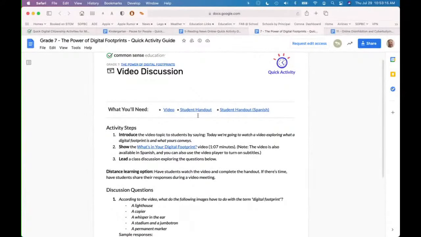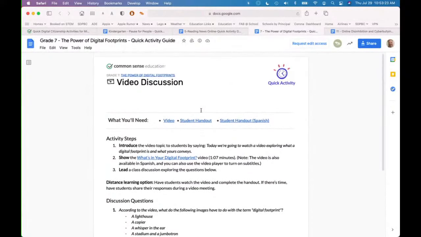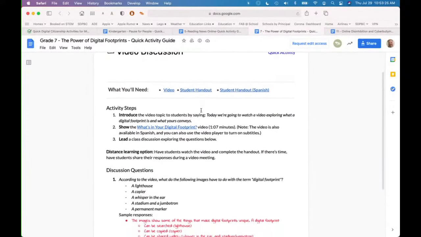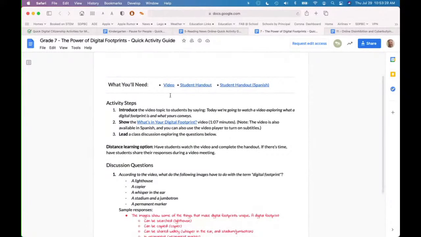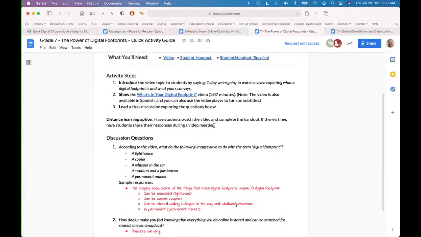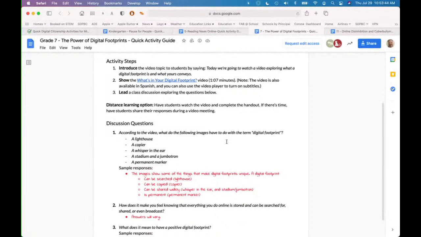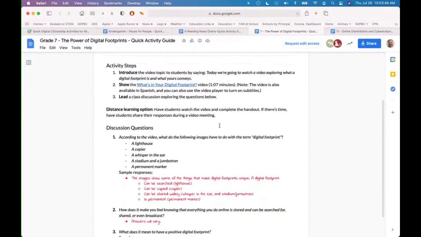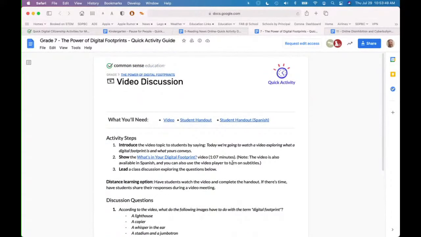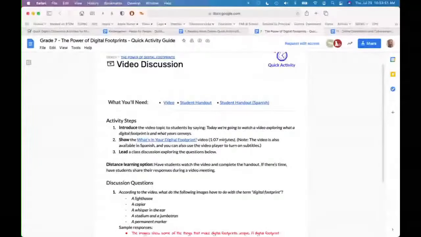But one of the things that we want to get away from now with all the digital devices and our smart boards is that you don't have to print out that digital handout. You could just save it to your Lumio, and all of these are Google Docs that you can save to your drive. You can put it in your Google Classroom. But with Lumio, you can go in and add the text or make it as a handout for your students to enter it, so you don't have to waste paper. And these are good discussion questions that we can share with our students and have a conversation with them. So let's talk about this team.